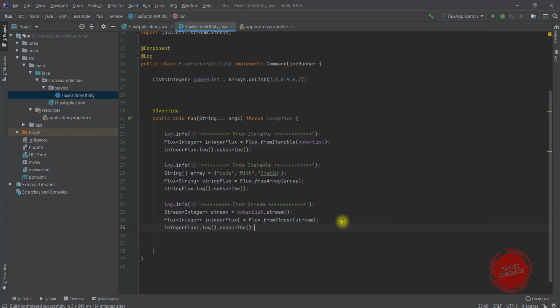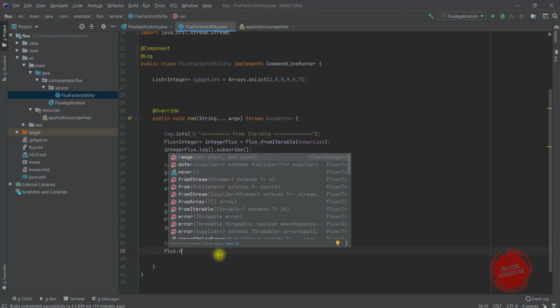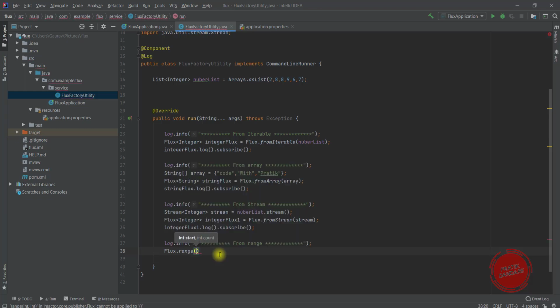So yeah, fromStream is done, and now we can create a range too. I'm using the handy method called Flux.range. It takes two parameters, int start and count.